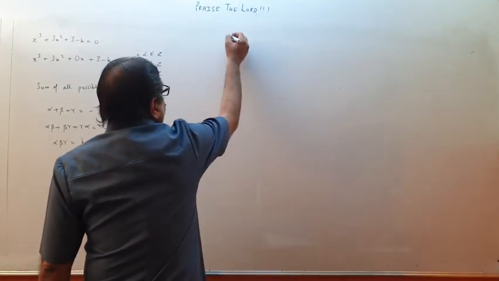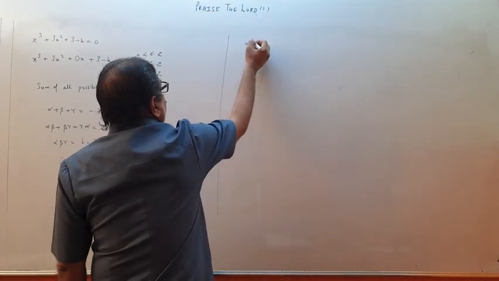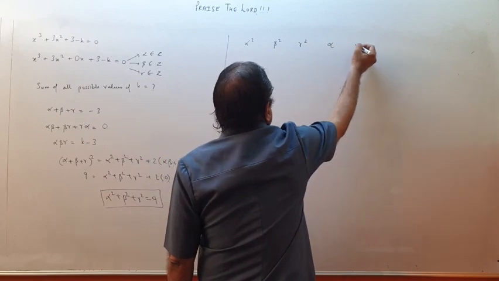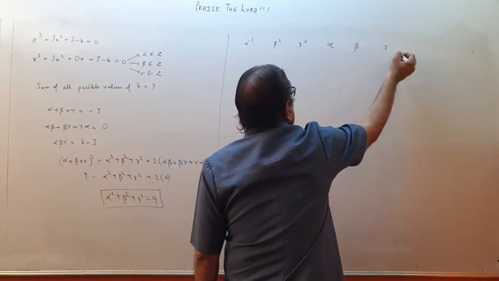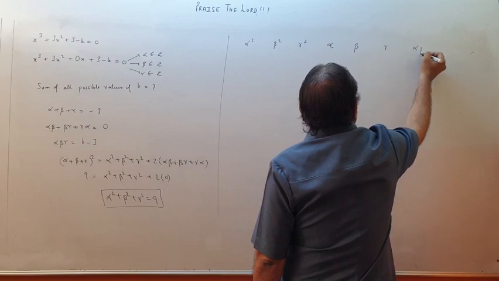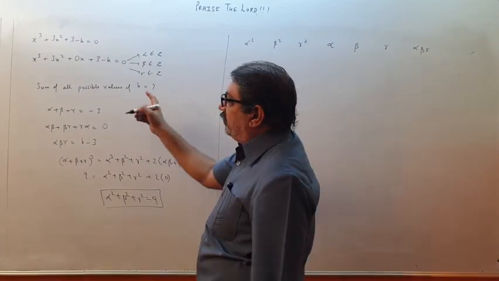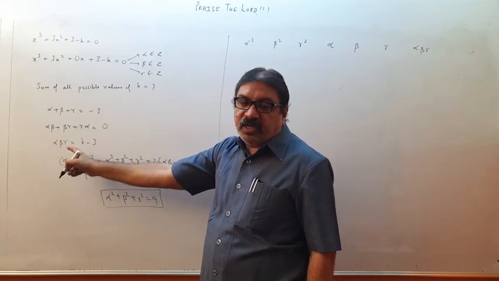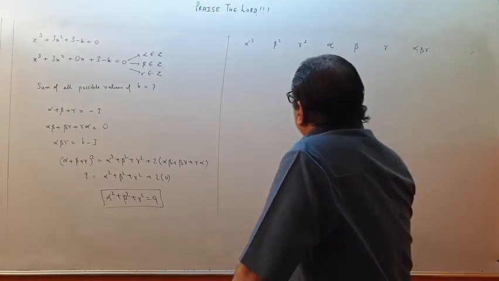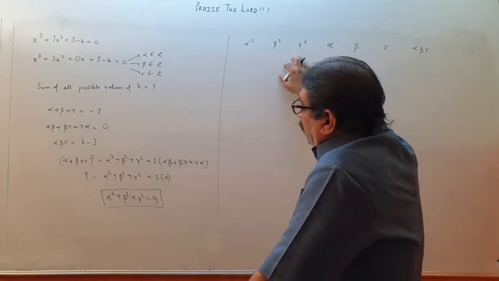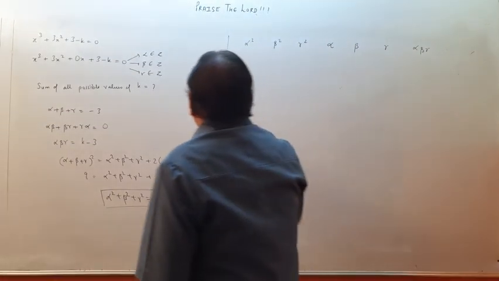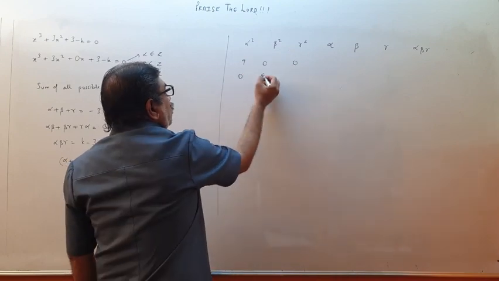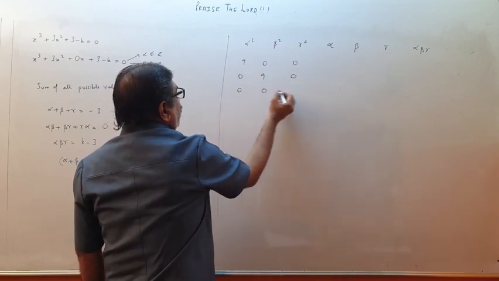So what we do is, we think what can be alpha square, beta square, gamma square. Correspondingly, what can be alpha, beta, gamma, and then what can be alpha beta gamma. Because if I want the value of k, I should know alpha, beta, gamma. Once I know alpha, beta, gamma, I will come to know k. So what can be alpha square, beta square, gamma square so that their sum is 9? I can have 9, 0 and 0, or 0, 9, 0, or 0, 0, 9. That is the first option.